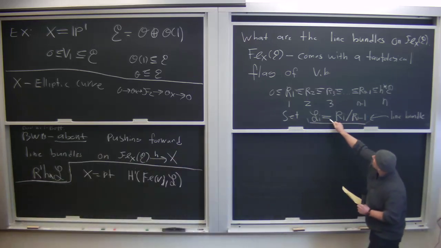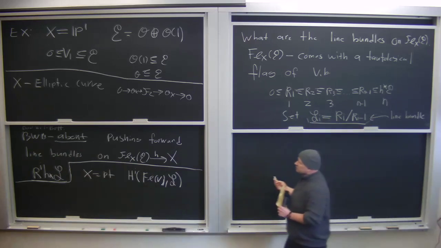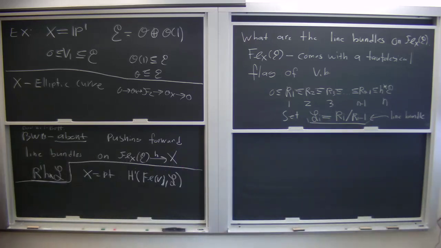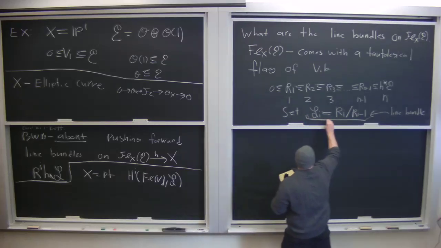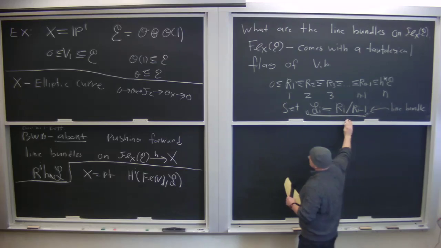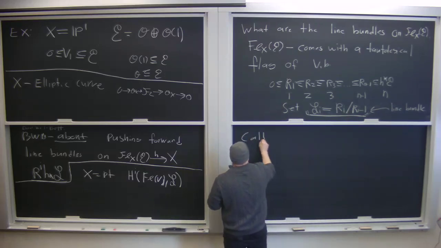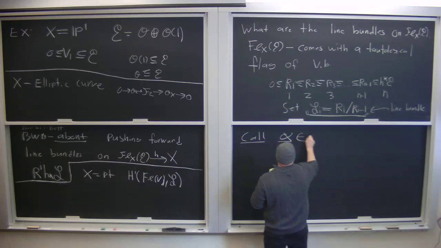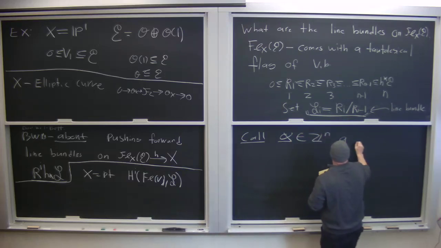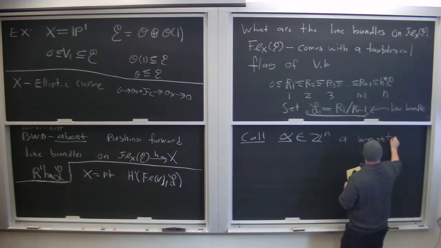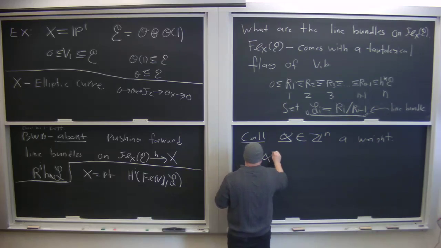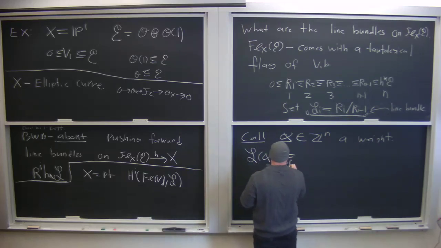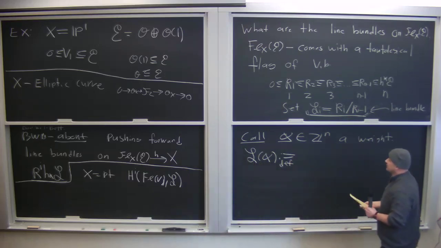So we have these line bundles upstairs. And then of course, since I'm in this relative situation, there could be some line bundles on the base that I could pull back here. But we're interested in these new line bundles. So we'll call alpha in Z^n a weight, and we'll define L(alpha) to be